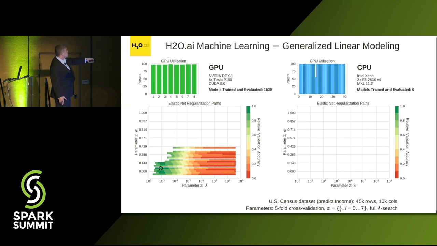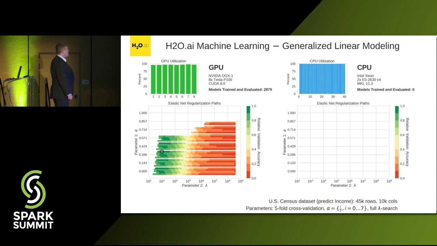And so you can see in the time that the CPU has not even built one model yet with the gradient, sorry, this is actually not a gradient boosted tree. They can do that too. This is a GLM, a generalized linear model. You see that very quickly, I'm going to move on, but it's built about 2,500 different models, and it's doing hyperparameter sweeps. And the green is high accuracy, the red is lower accuracy. And by the end of this, if I let it go, you would see that the CPU would have basically